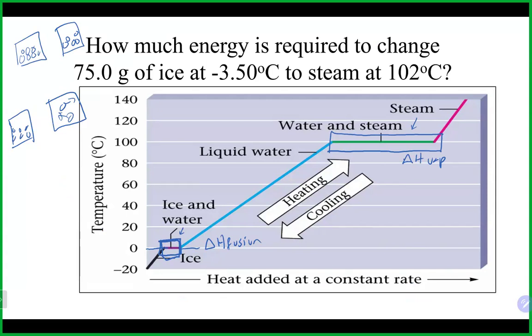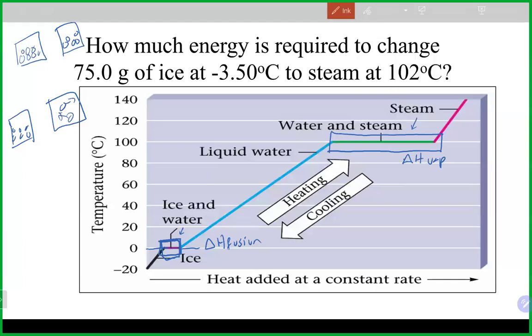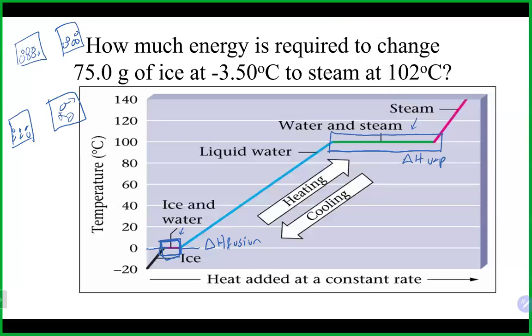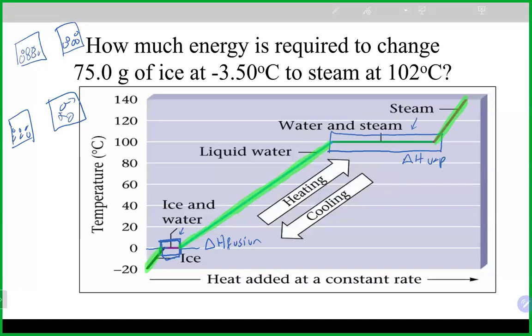But if we look at the rest of the curve here, we see a couple of things. Down here, this is all solid and it is changing temperature. Everywhere I just highlighted in green is in the solid state, but the temperature is changing. Everywhere here as well is in the liquid state and the temperature is changing. And everything here is in the gas state and the temperature is changing. So when we deal with something where